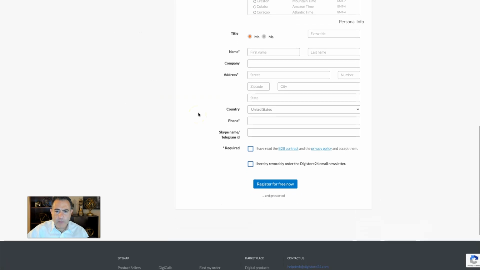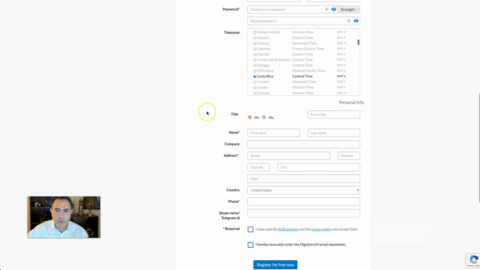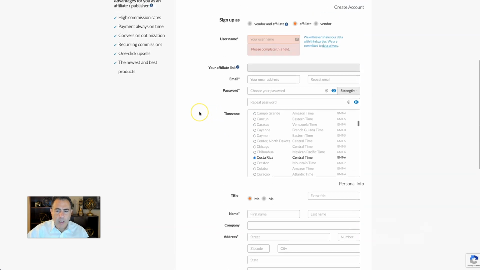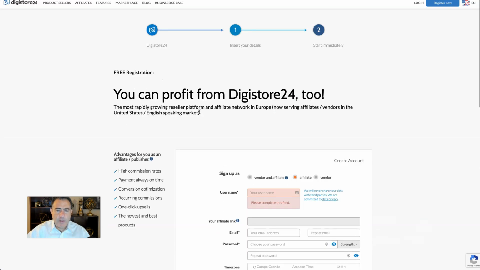And all you have to do is just create your account for free. Just fill out this information, make sure to give the right information, and you're in. Digistore24 is available for all countries. Everybody can do it. The second thing is there is no age limit on that. The third thing that is important is that you can get paid with PayPal.